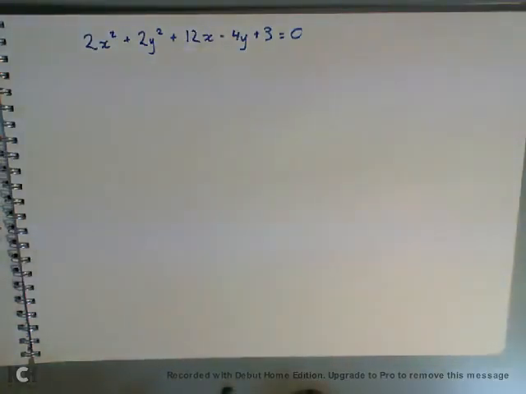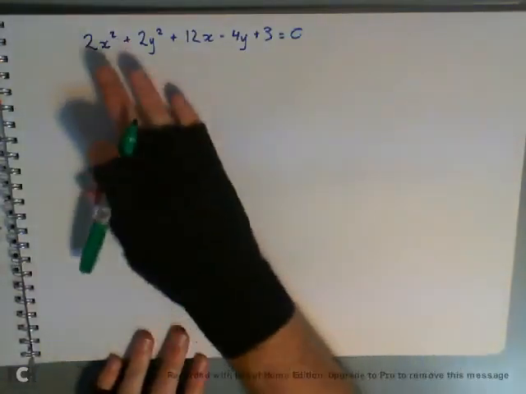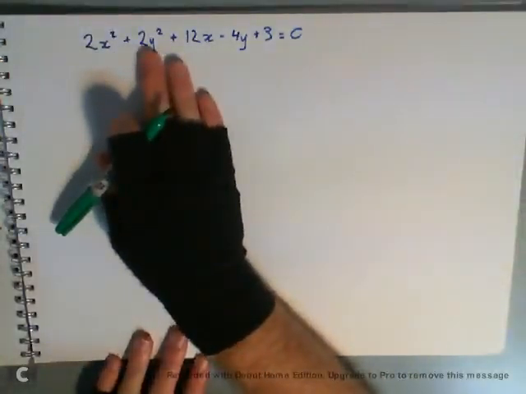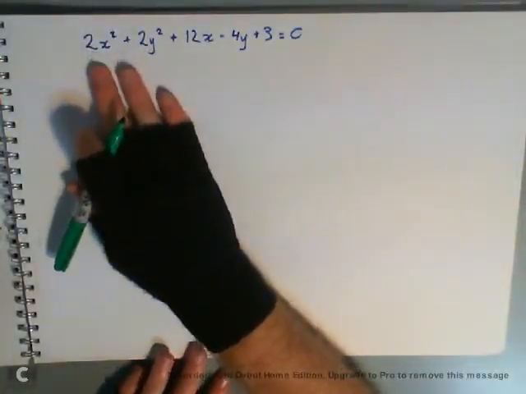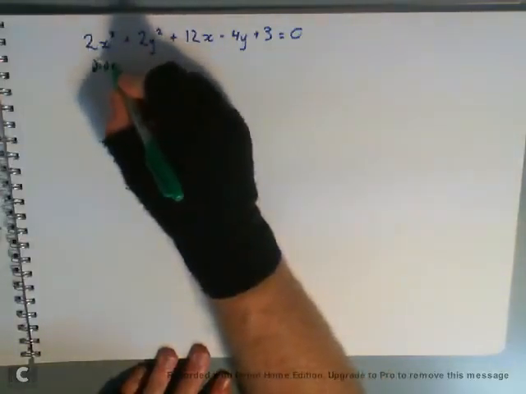Okay, looking at part B from example 4. So find the center, radius, domain, and range of the circle with equation 2x squared plus 2y squared plus 12x, take 4y plus 3. Now, to start with, it might sound a little strange, but we want x and y basically without a coefficient. So we're going to divide by 2. So first step,